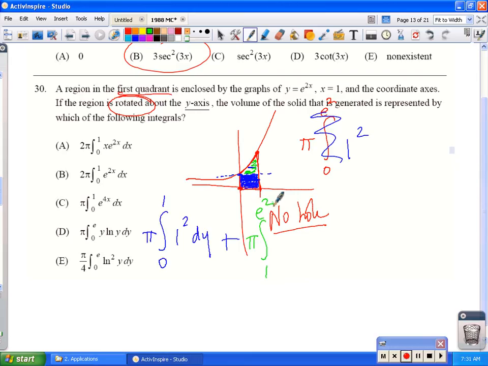But now the radius is going to be the right curve, which is 1, minus the left curve. So y equal e to the 2x. We need to solve for x. So that would be ln of y equal to ln of e to the 2x. Well, that cancels out. So I get ln of y equal to 2x. So x is equal to the ln of y over 2